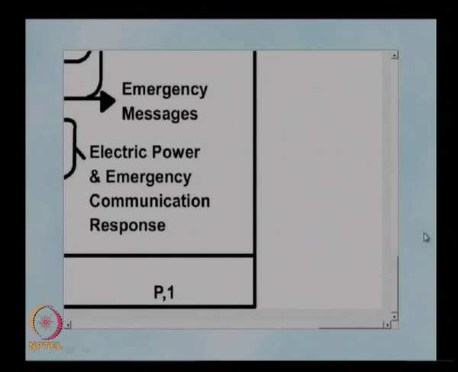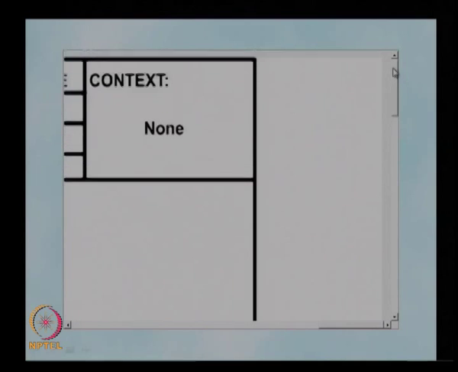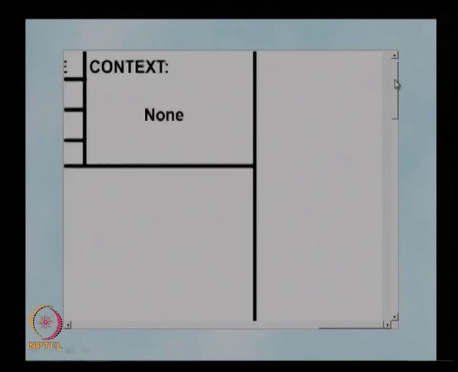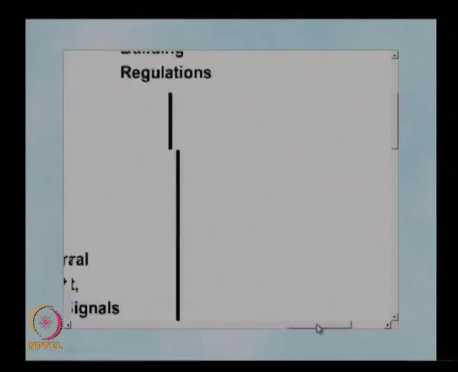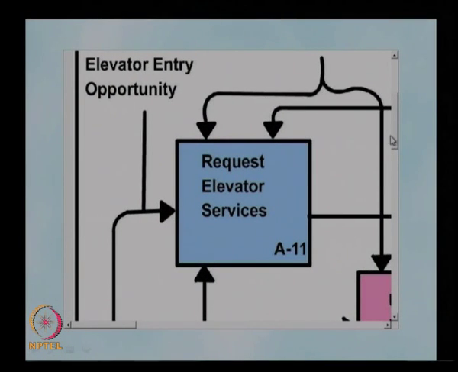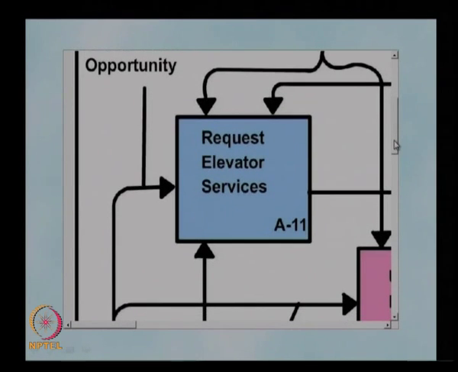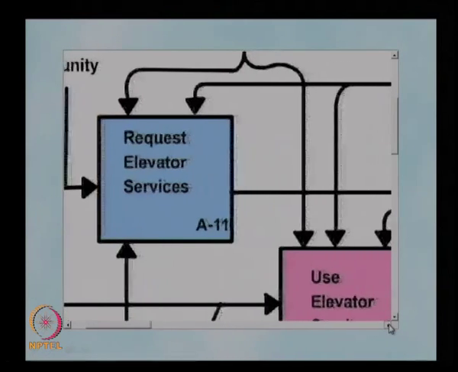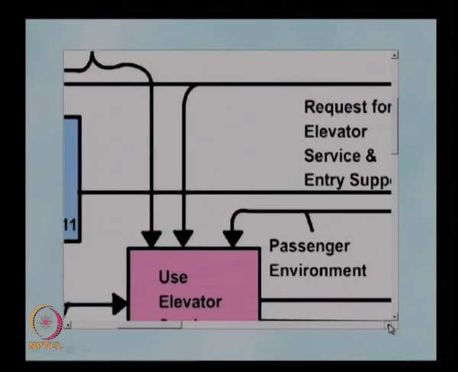We will go through this method of developing the system diagram at a later stage, which is modeling of the system using graphical tools. So I will not go into the details of this at present. What we try to do is to identify the functions. Request elevator services is a function which is done by the customer, so it is an external system function. We will try to identify what the inputs coming into this particular block are and what the outputs going from this block are, and which output this particular function is interacting with.